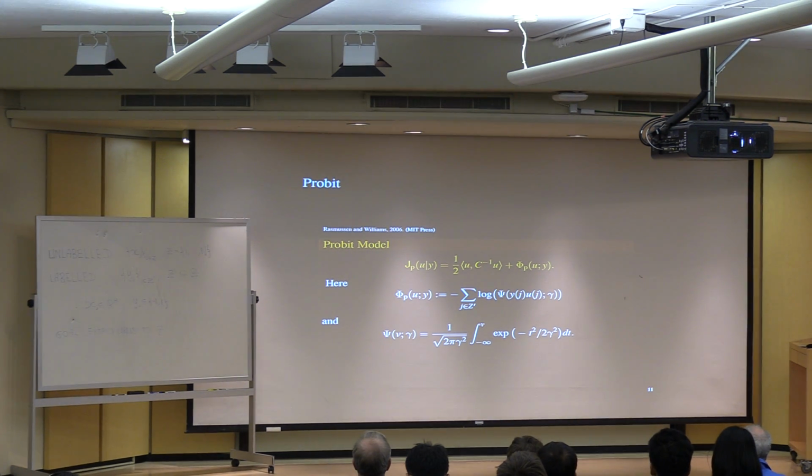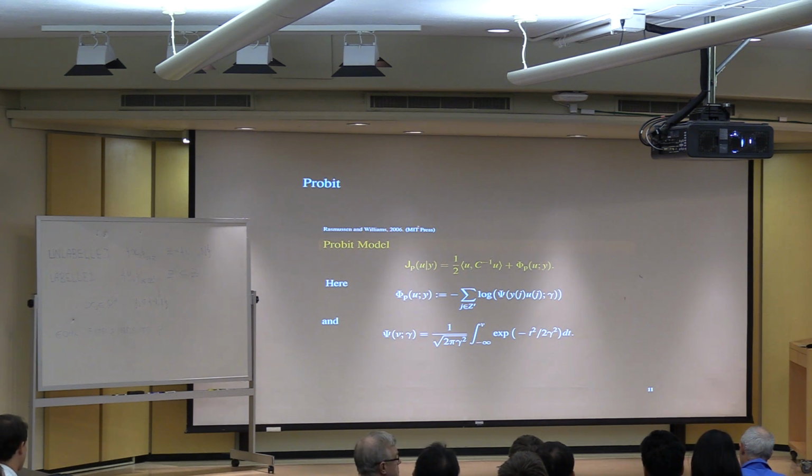Okay, so now I'm going to tell you about a couple of optimization methods, and then I'll reformulate them in a probabilistic way in a moment. The first one is the probit method, which you can read about in Rasmussen and Williams, which is a classical text in machine learning, although there it's not described in the graph-based context. But let me just show you that method in the graph-based context.